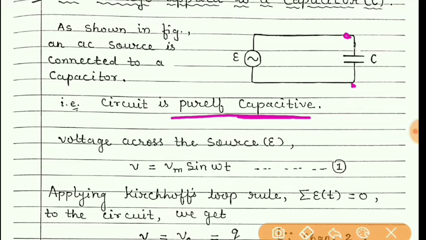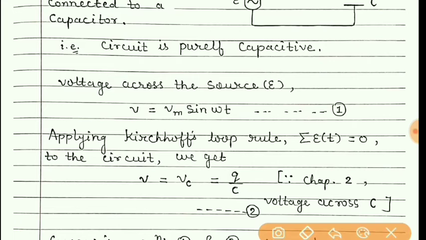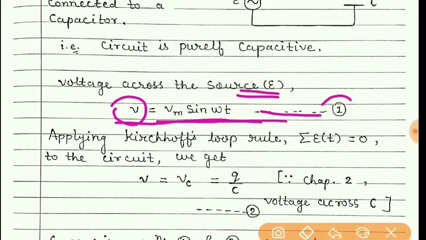So many things are similar. So now let us start with the source voltage. It will remain the same. V is equal to Vm sine omega t. Let us give this equation number 1 as usual. Students, remember, same thing we have done for resistor as well as inductor, because the source voltage is not going to change.